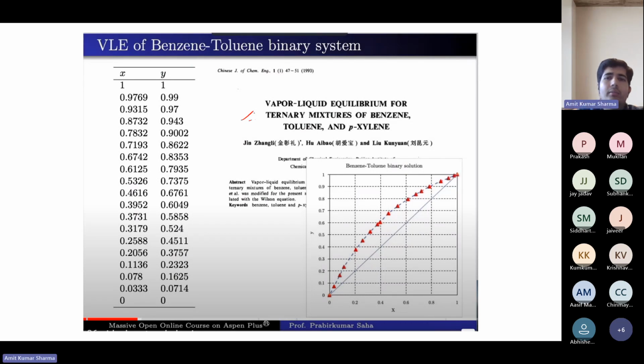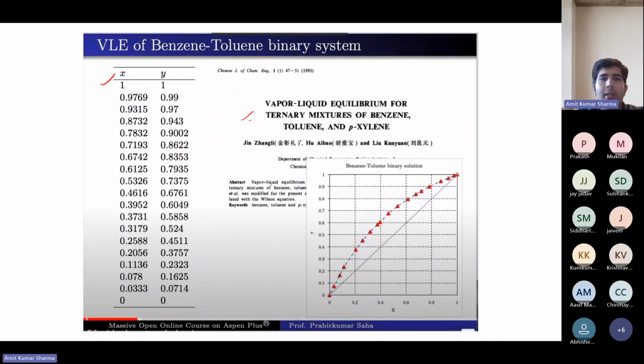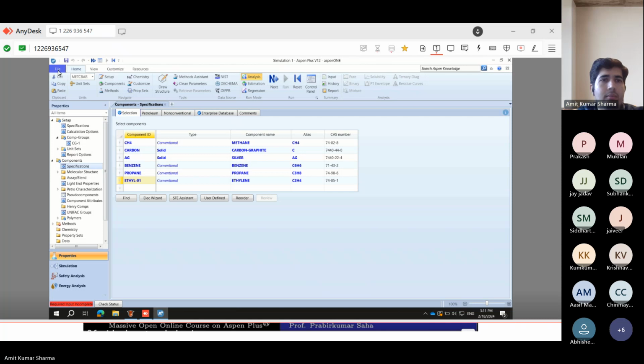These are the data for this graph, X and Y. If you go into Aspen, I think we should get this data. So let's try this. Let's go to Aspen.